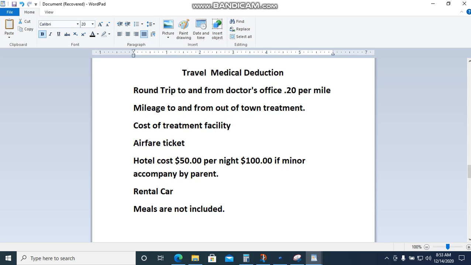You can write off the mileage, the airfare tickets, the cost of the treatment facilities, and the mileage to and from the out of town treatment. Now the only bad thing about it is you could deduct the hotel cost for staying there while you're away on the treatment. The only thing is that you're only allowed to deduct $50 per night. Now, if they are treating a minor and if you claim it on your tax return, you can claim up to $100 per night. I mentioned that the car